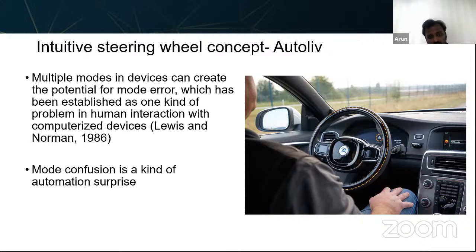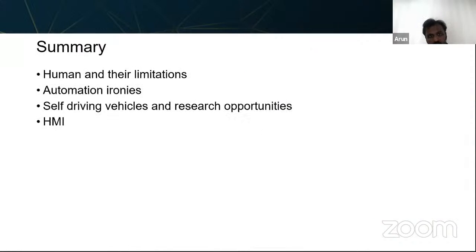One thing is the mode confusion, as I explained. The user's mental model doesn't match the system's mental model, and that's how you see a lot of things happening with Tesla cars, where the driver still assumes the system is in a particular autopilot feature, but on some occasions they think the vehicle is not in that particular activated level. These kinds of confusions might arise when you have multiple modes.